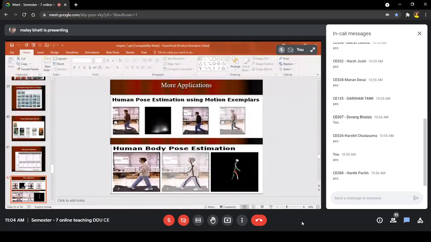This is how this person is moving. This is the movement of his leg, because every person has their own style of walking.